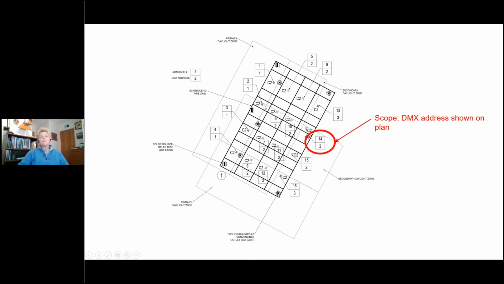So each one of these was assigned a DMX address and a zone as well, so I can tell exactly what is controlled together. All these are controlled on the same zone, but they can also be isolated to control them individually if they needed to be on a DMX address.